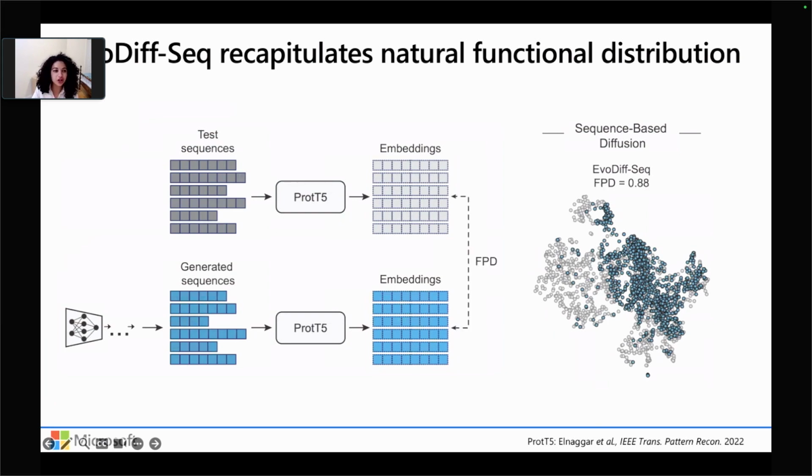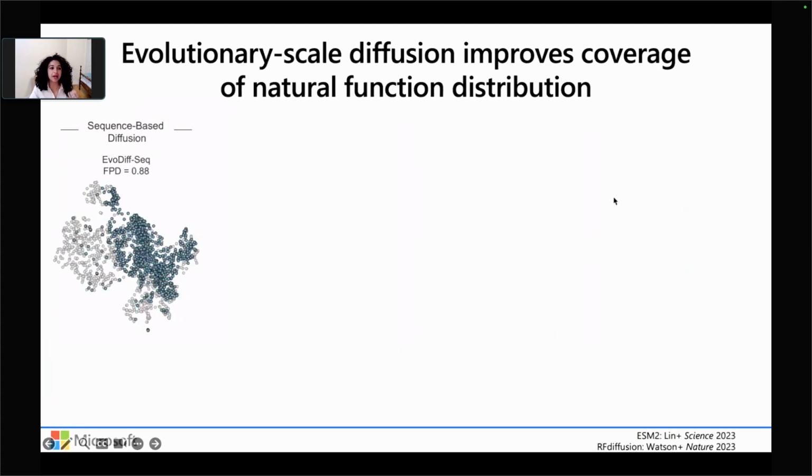This is all well and good, but I think it's best contextualized first quantitatively by measuring the closeness of these distributions, where a lower score, a version of a Fréchet score, indicates a closer match, but ultimately by comparing the resulting coverage of generations from EvoDiff with other approaches for protein design.